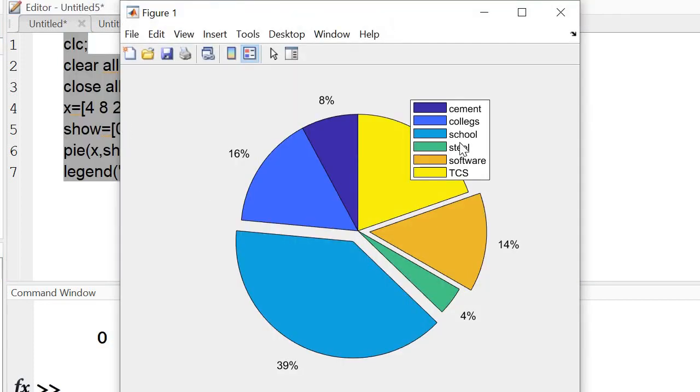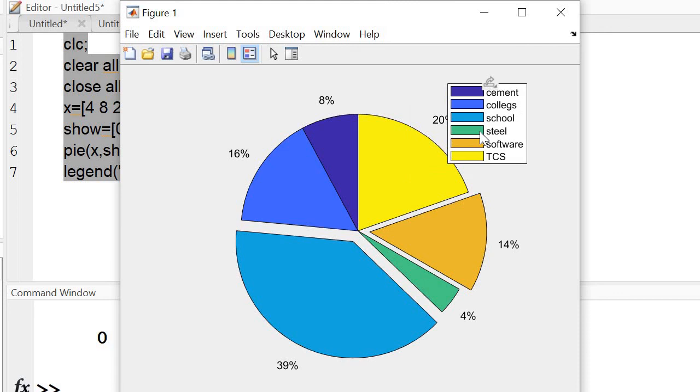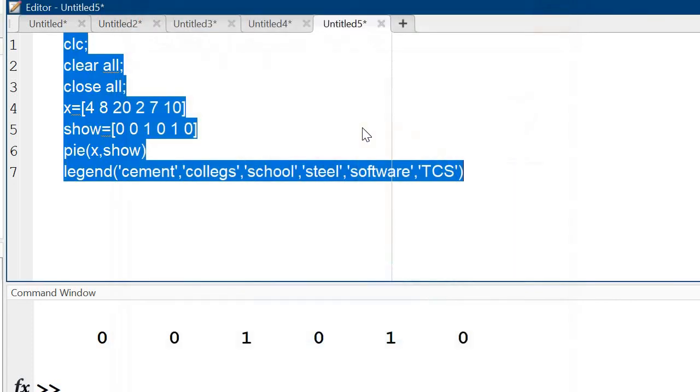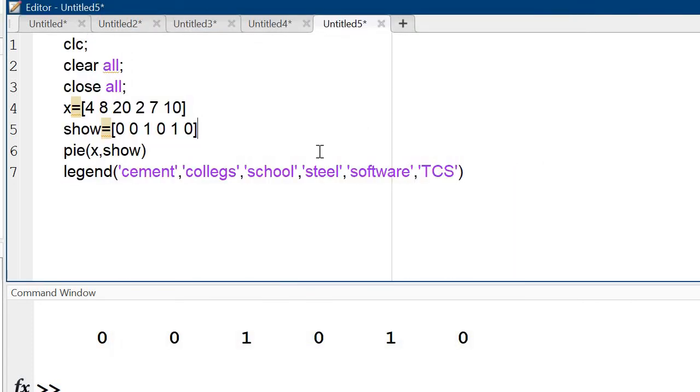Okay, the result is like that. This is about this pie function.